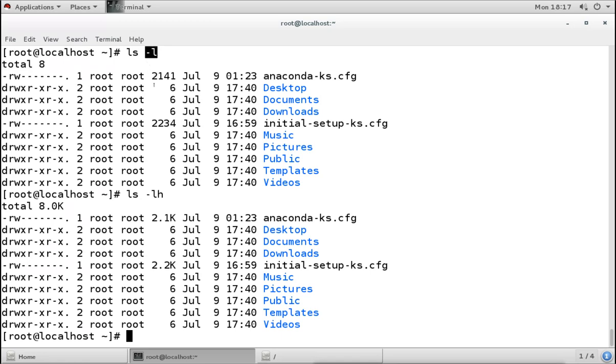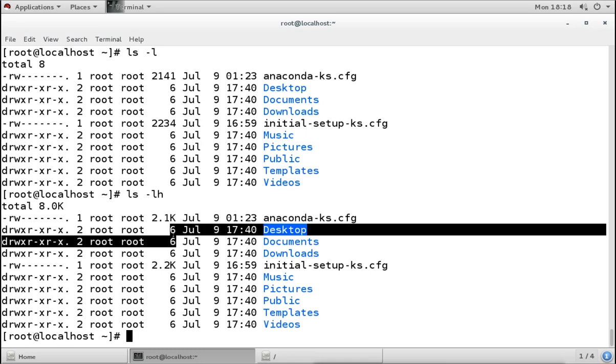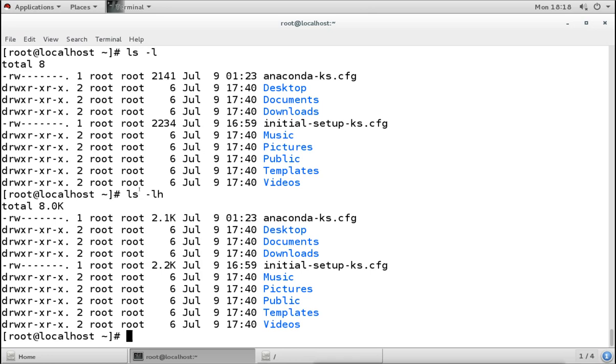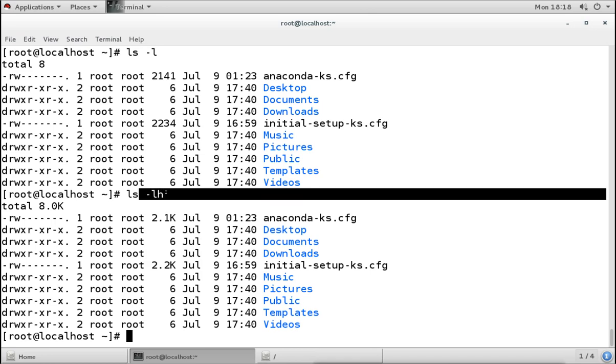But when you use the h, then it will show you the size in human readable form, in KB, MB and GB. Right now we don't have a file of MB and GB here, but it is showing KB. This one is less than KB. So what does this h option do? It shows the size of the file and directory in human readable form, like KB, MB, GB and TB.